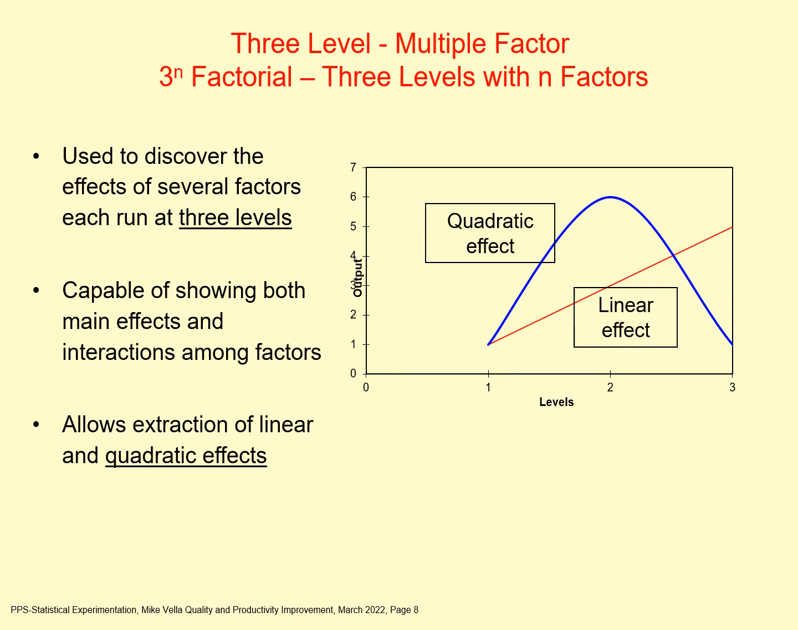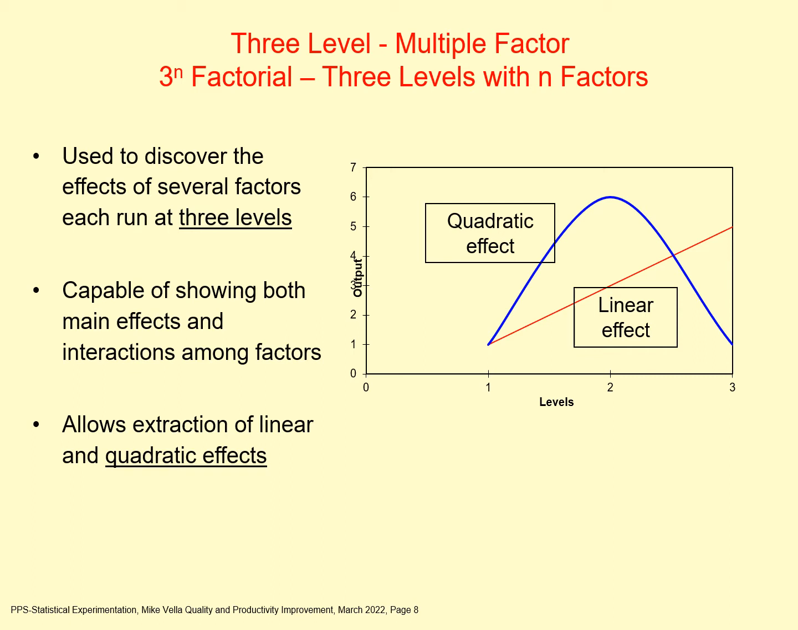3-level multiple factors are 3^n's. They're used to discover the effect of several factors run at 3 levels. They're capable of showing both the main effects and interactions, but they also provide an extraction of linear and quadratic effects. So you see the graph on the right, you'll see the linear effect, which is assumed to be a line or a straight line and some slope,